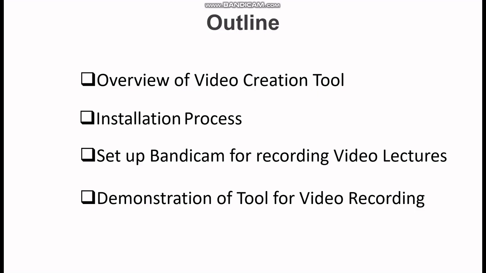As a teacher, we sometimes need to add two or more videos together. Sometimes we need to split a video in two parts or cut the unwanted part which we feel, after recording, should not be there in the video. So, being a teacher, I find Bandicam suitable for all these functions. Bandicam is a tool used for recording the screen as well as recording a video at the same time. Bandicam is software which you can download from bandicam.com.